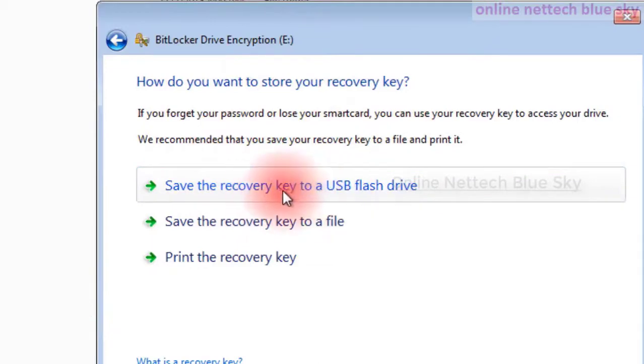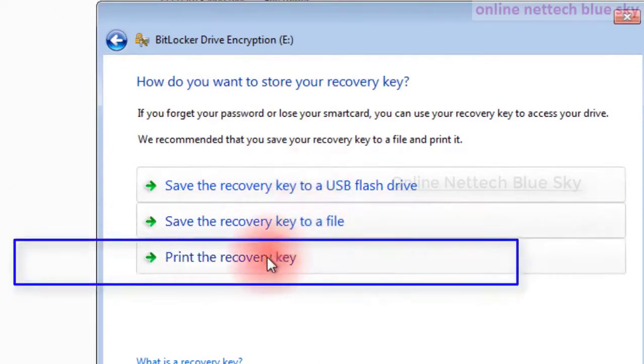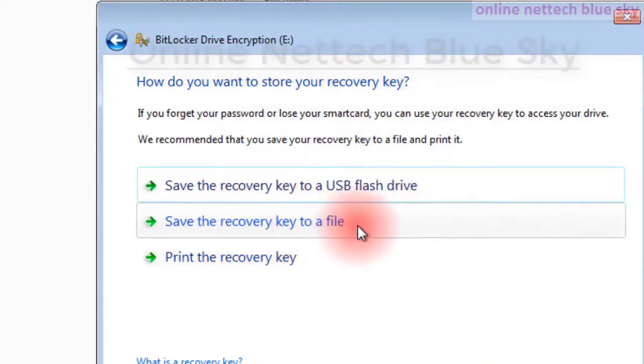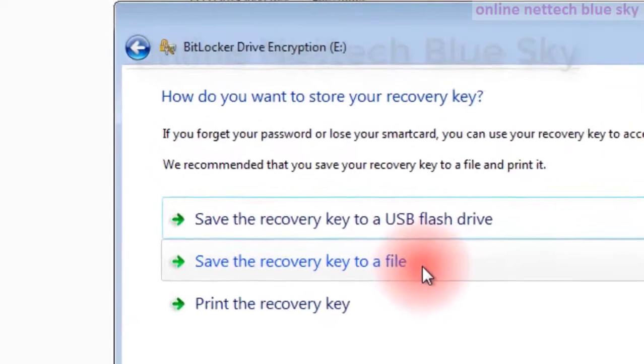recovery key to USB flash drive." That means one type of key file. And you can print your recovery key. How can we print? You want a printer. Okay, so the recovery key is one type of file, your recovery password, a very long number. I will show you. It is long, not short.